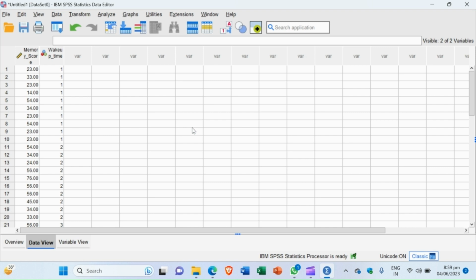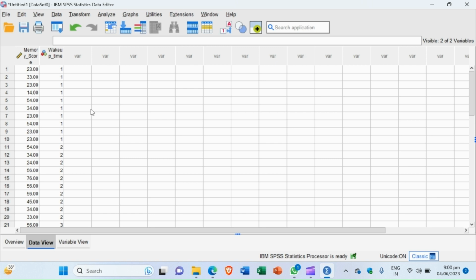Now, I will show you how we use the post hoc test in SPSS. As we know, in the SPSS window, two variables are visible. One is the memory score and another is the wake up time. It means there are three categories in the wake up time: 1, 2 and 3. I will define it, but we want to find the effect of the wake up time on the memory score